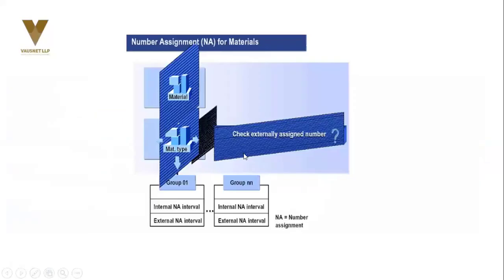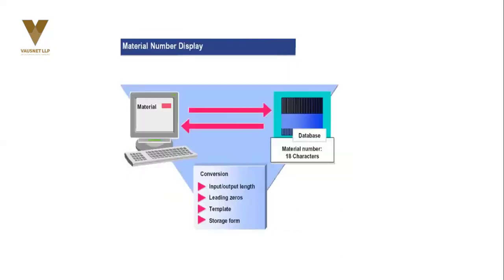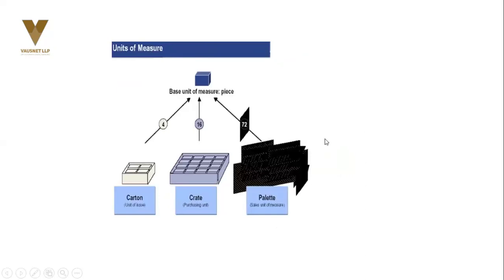Okay. So external numbers can be assigned, internal numbers can be generated by the system, and finished goods, for example, can be generated externally and internally both. Material number is basically our numbers that we can decide. The maximum material number length that we can have is 18, and it can have its own barcode developed in SAP. Unit of measure is piece, and under that, if material types differ, for example, carton, crate, pallet, these are pieces, it will have a different